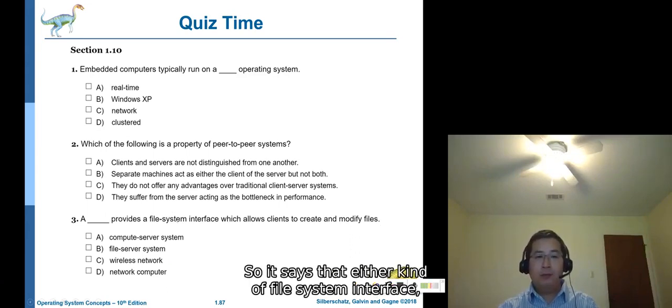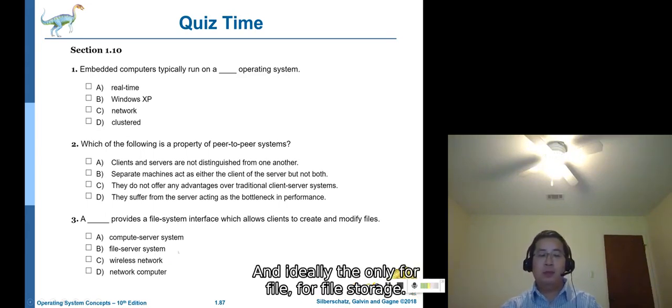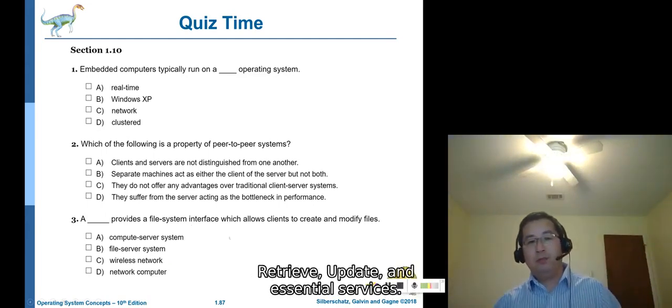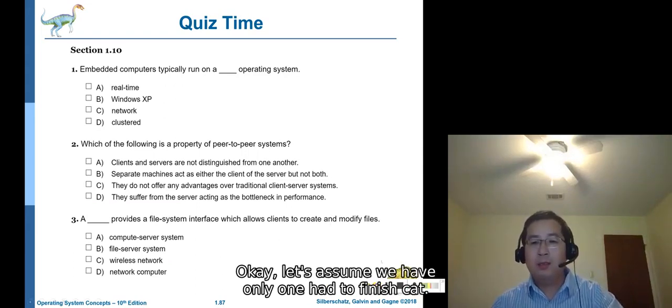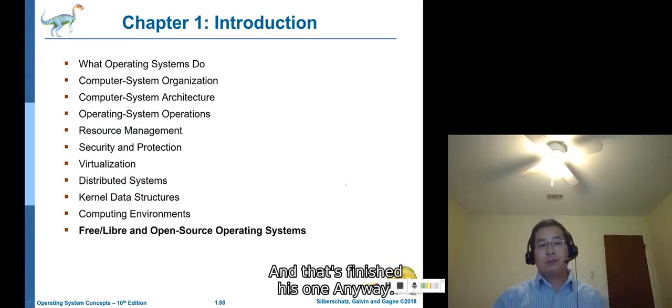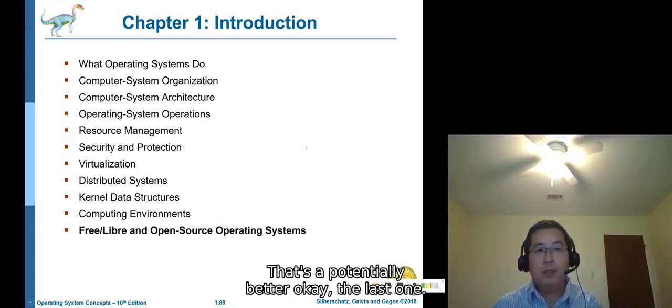A file system interface, that will be file server systems, because this is only for file storage, retrieval, update, and these services. Okay, I think we have only one part finished. Let's finish this one anyway. That's better. Okay, the last one.